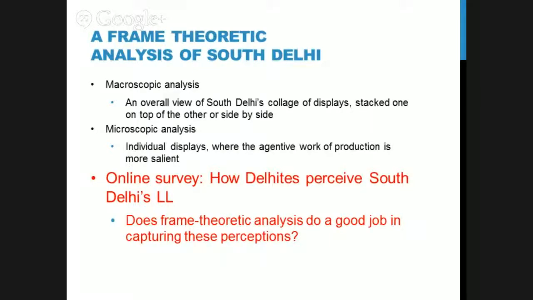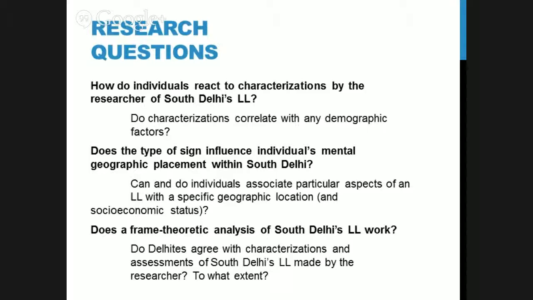And what I'm trying to do with the survey, so we're talking about these frames and using frames to describe the linguistic landscape. What I was trying to do with the survey is see, okay, does this really work? Do people who live in South Delhi or Delhi agree with this? Is it doing a good job in capturing their perceptions of the linguistic landscape? So these are some of the questions I was asking, right? I want to see how they react to the characterizations that I've made as the researcher in describing South Delhi's